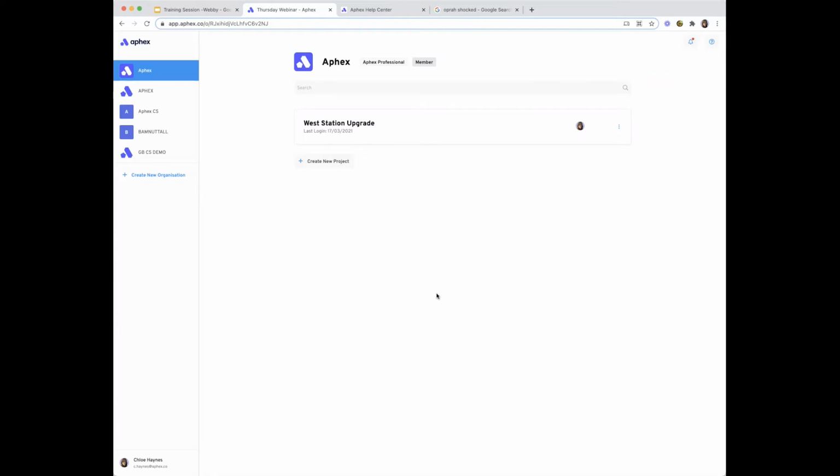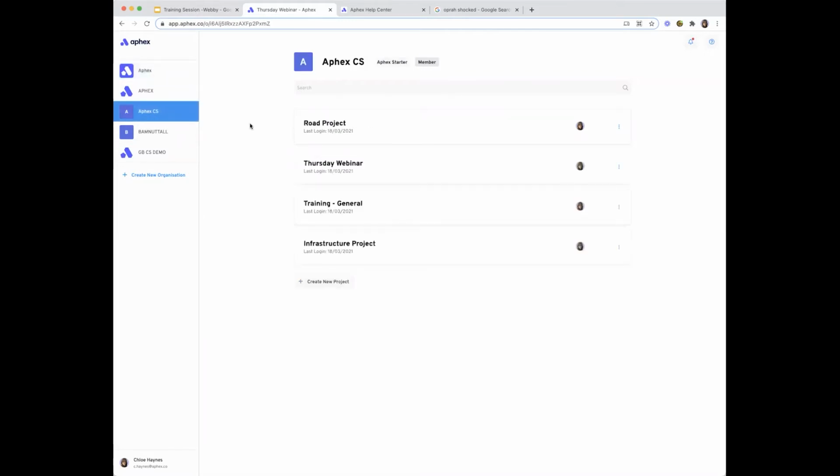Cool. So when we've logged in, we've landed on this big white page. This is our homepage. If you're on more than one organization, you'll see these broken down on the left. I want to head to Aphex Customer Success, where I can see the list of projects that exist within this organization. I can also see the plan that I'm on, so I know I'm on Aphex Starter, and